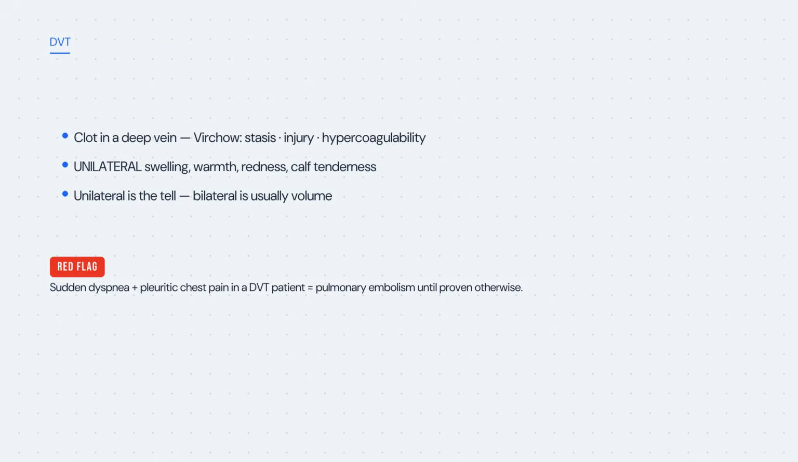Deep vein thrombosis. A clot in a deep vein, usually in the leg, favored by Virchow's triad. Stasis, vessel injury, and hypercoagulability, so immobility, surgery, pregnancy, and cancer are all risks. The presentation is unilateral, swelling, warmth, redness, and calf tenderness in one leg but not the other. Unilateral is the tell. Bilateral swelling is more likely a volume or cardiac problem. And the reason it matters is what happens if it breaks loose. It travels to the lungs. Sudden shortness of breath and pleuritic chest pain in a patient with a DVT is a pulmonary embolism until proven